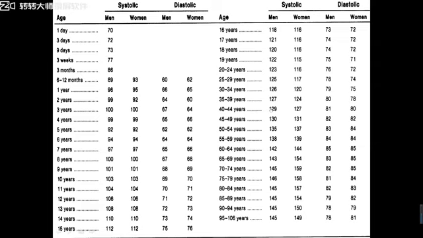And for another example, at 70 years old, systolic blood pressure is 145, diastolic blood pressure 82. So from this table, I only want to tell you our blood pressure will increase with our age, the